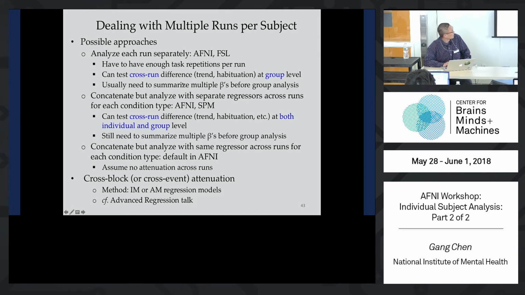So just for those of you who are familiar with either FSL or SPM, I believe in FSL you cannot concatenate them. You have to treat each one separately. So with 3 runs, you have to build 3 separate models. So in the end,